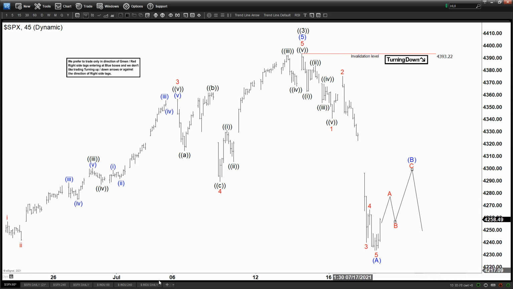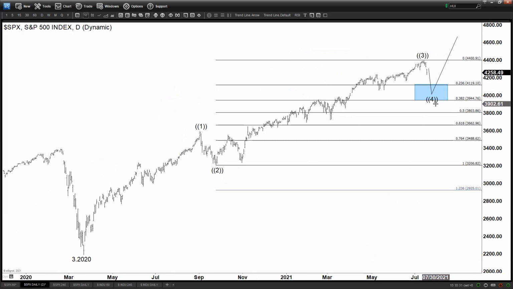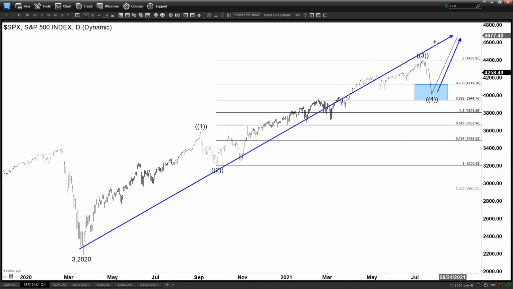And we should see more downside, potentially to reach at least 39.44, 4,119 at minimum, more or less. So if you just care about the shorter cycle, that's all there is to it. That's the view in the shorter cycle. Now, if you care more about what happens next, then after that sell-off, because it looks like we can still call it a 3 swing here from March 2020, we cannot rule out one more push higher once the sell-off finishes, to finish this entire 5 waves up from the COVID-19 low. Now, as an alternate,